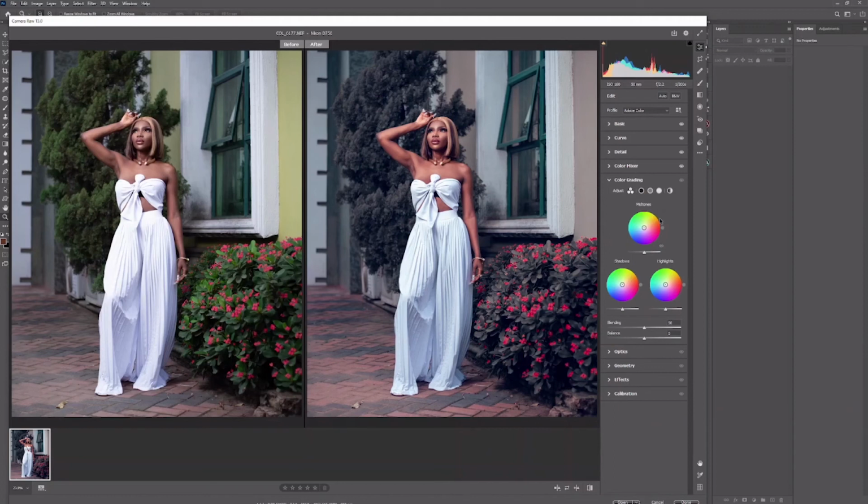So next thing I'm going to do now, I'm going to the global because one thing I like about the global is it doesn't have excess contrast when applying. So that's why I like it. You can actually use it to create the teal and orange look for a photo if you are familiar with that color. So now this is the part where most colorists or most editors don't